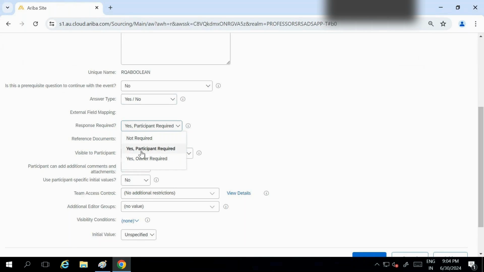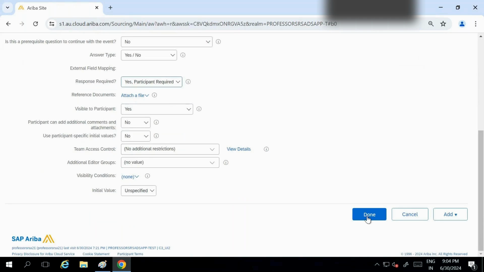Most of the time we use the participant one, but sometimes we require a response from the owner also, and at that time we can use this. So as and when required, you have to decide who will respond. Visible to participant, yes. Additional comment, no, not required. We don't have an initial value, and we can click on done.